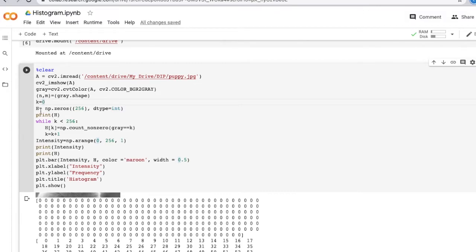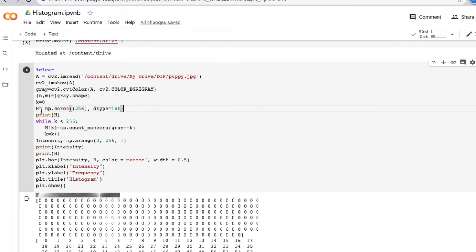So first I want to create a zero matrix which is equivalent to the size. As in a histogram it is the intensity versus the frequency. So first I'm going to create a zeros matrix equivalent to the number of intensity values, which will depend upon its bit size. It's an 8-bit image, hence we will have 256 values. How does it go? Like 2 raised to k, right? So if it is 8-bit, 2 raised to k is 256.